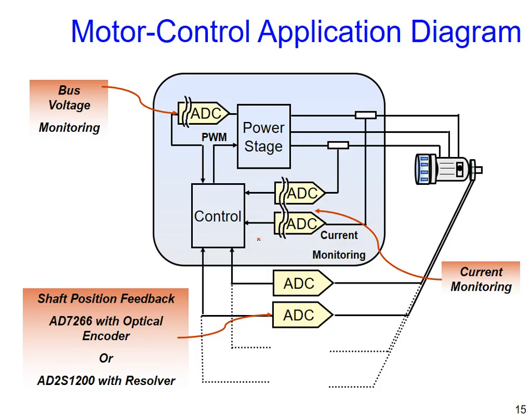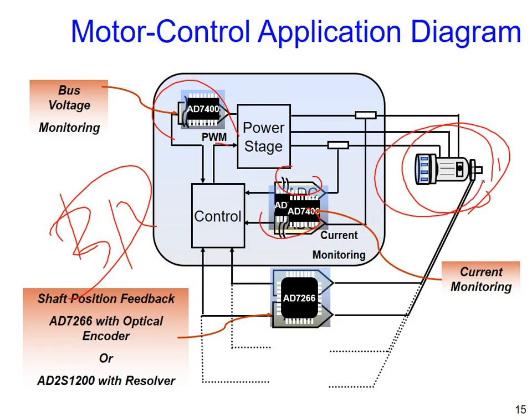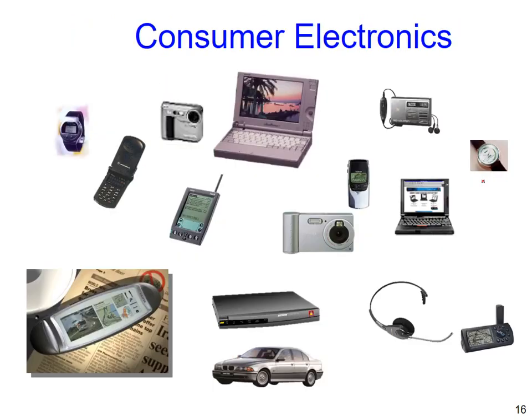Even for motor control, just like your DVD player, the Blu-ray player, right? How to control the spinning, the rotation of your disc? Oh, you need a lot of accurate control. Now allow me to show you. Look, even to control the speed of the motor, you need a lot of ADC and maybe DAC. Okay, so this is from Analog Devices, a lot of chips for data converters to control accurate enough rotation for the motors. Yeah, or a lot of consumer electronics.